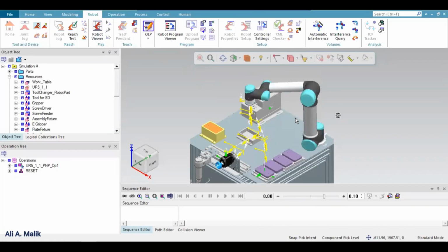Here we have a robot, and what we are going to do is that we have created some operation in Process Simulate, and we will generate a robot code for this robotic task, and then we will test this code if it works or not in a robot controller, in a real robot controller. So how we will do it is that